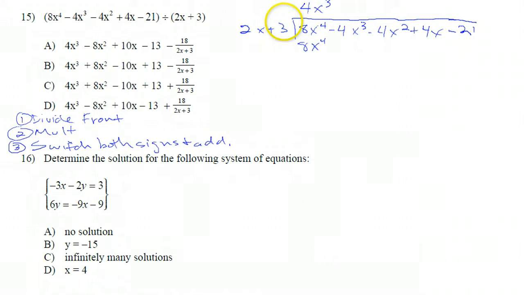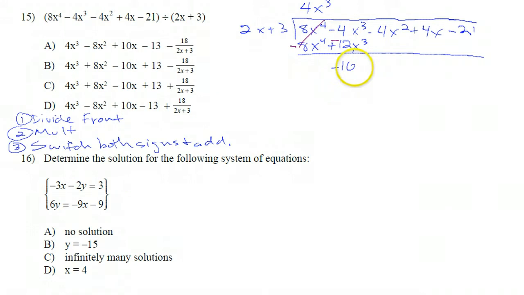But we have to multiply by everything here now, not just the fronts. So 4 times 3 is going to be 12. And x to the third is still there. Now we switch both signs and add. So this becomes negative, this becomes negative. This will always cancel out. And adding straight down, I'm going to get